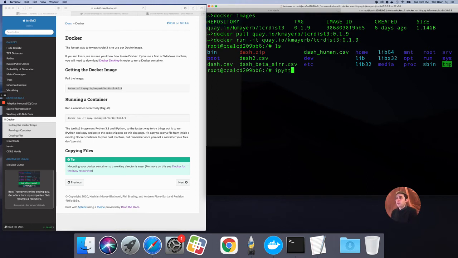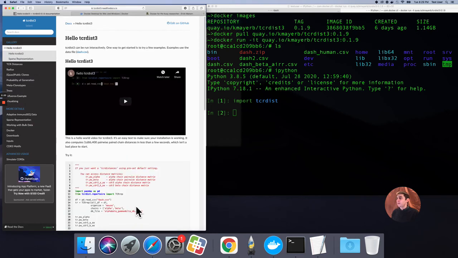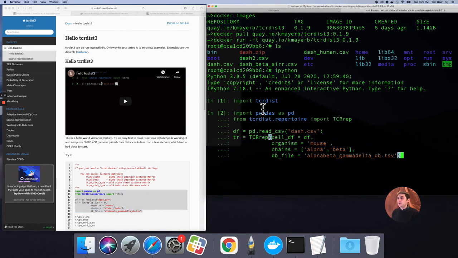Also, if you type in the command ipython, you'll see that a version of Python 3.8.5 has already been installed, and if you try to import tcrdist, you'll see that it and its dependencies are already within the container. From within the container, you can immediately start testing out code. So, for instance, if you want to try the introductory example within the container, you can simply copy and paste